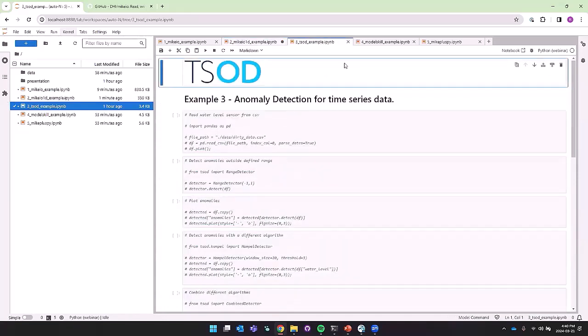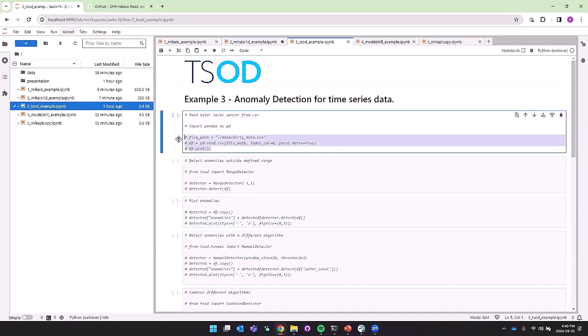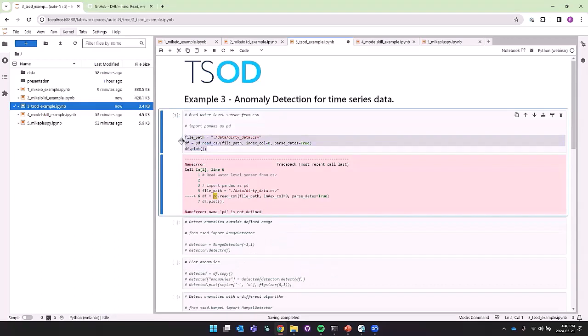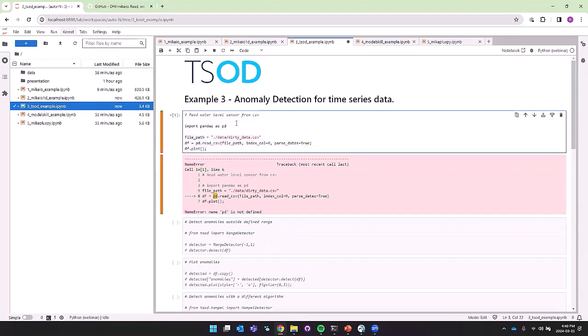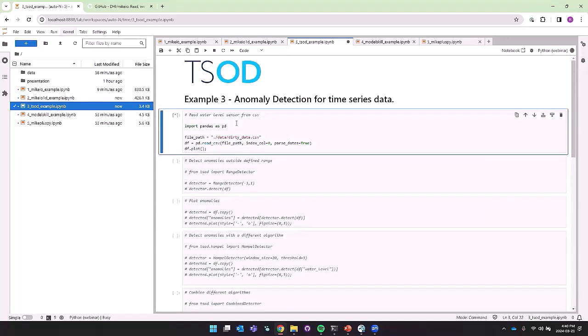On to the next one. This is TSOD. We're going to fly through this one, I think, for time, but I'll just focus on the outcome of the cells and just trust that you can learn the code later. Oh. So if you see some red, it's usually a bad thing, but it's easily fixed.